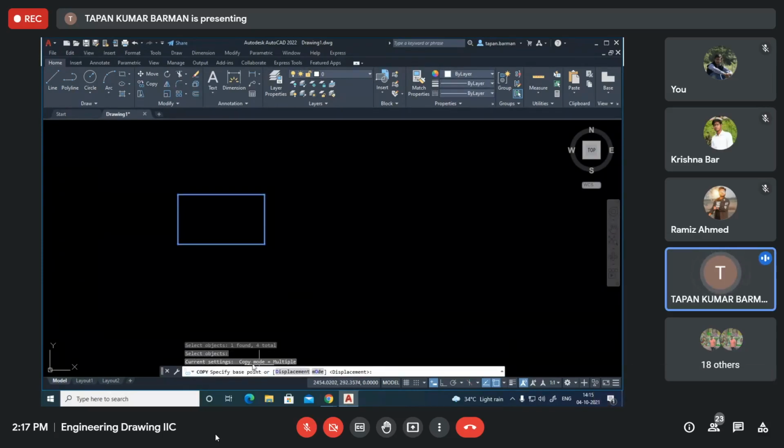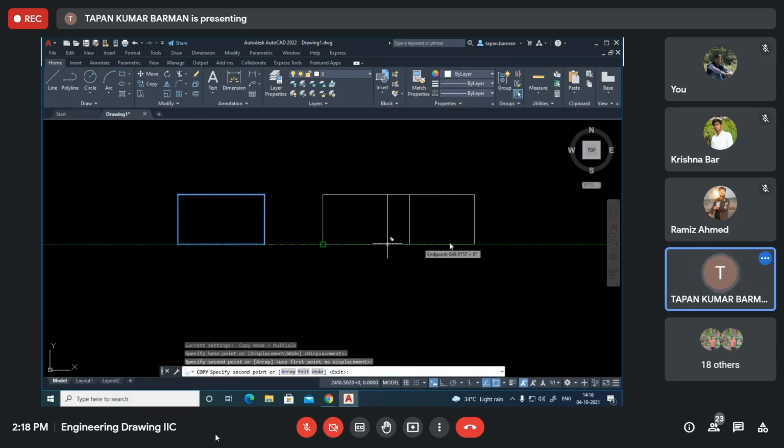Now current settings, copy mode multiple. Specify base point. I may select this one or this one or the midpoints. So it depends on you and where you want to place this object after copying it. So accordingly, you need to select the base point. Suppose my base point is this corner. Say second placement will be here.